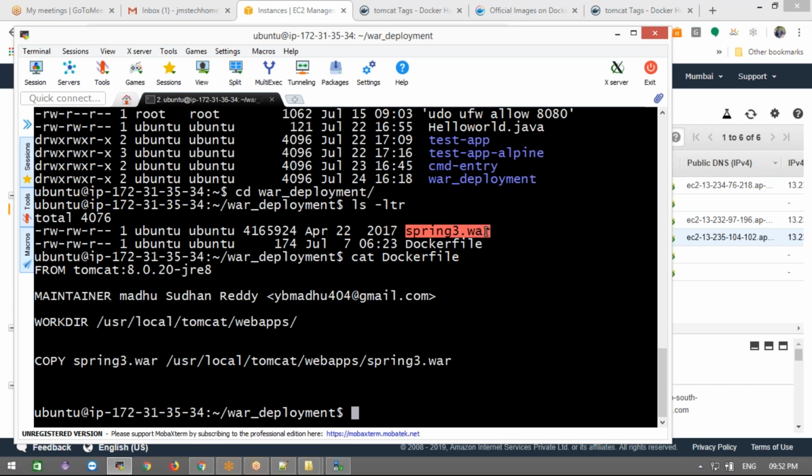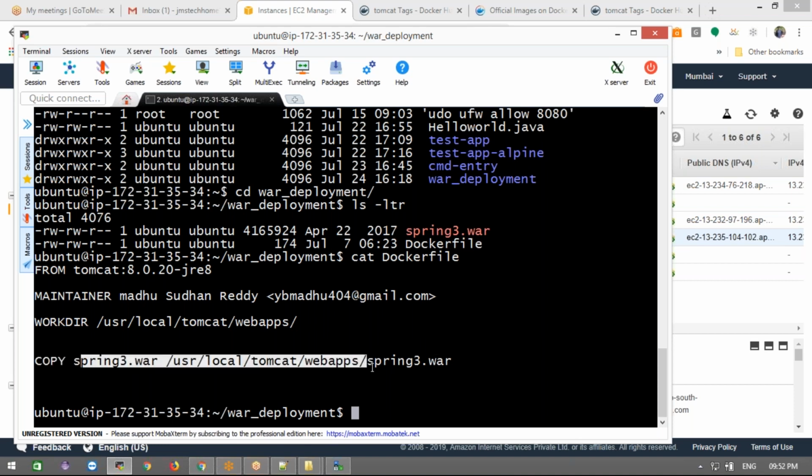I am going to copy. Actually, the developers will give us some path. Take this WAR file to copy inside your Docker file. Now we are going to copy from this path to this path. This WAR file I am going to copy inside our Docker image. Okay, Docker image, Docker file. Clear? Now it is not yet done.